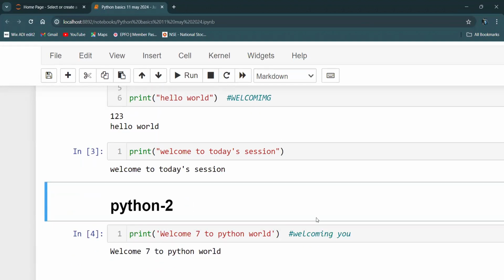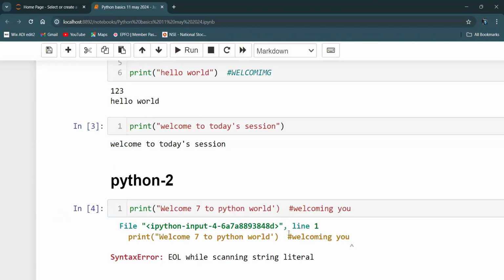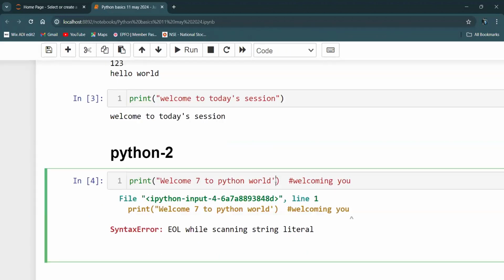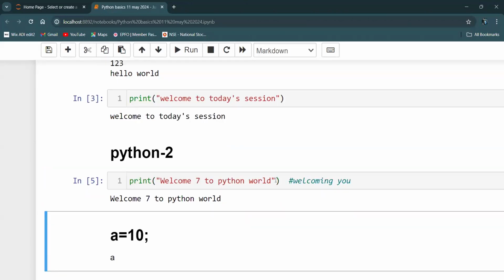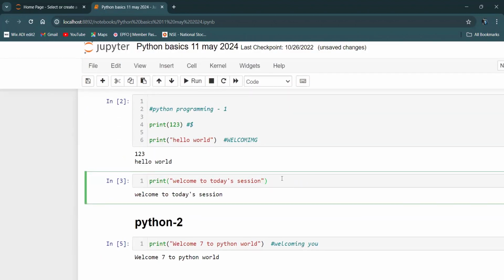But if you compare other programming languages, like C or C++, you cannot go with single quotes. Always it should be double quote. But in case of Python, either double quote or single quote will work. But please do not start with a double quote and end with a single quote. This is not possible. This will throw you an error. Either start and end with a double quote or start and end with a single quote. And make sure if you are working on a coding part, this should be selected as code itself.